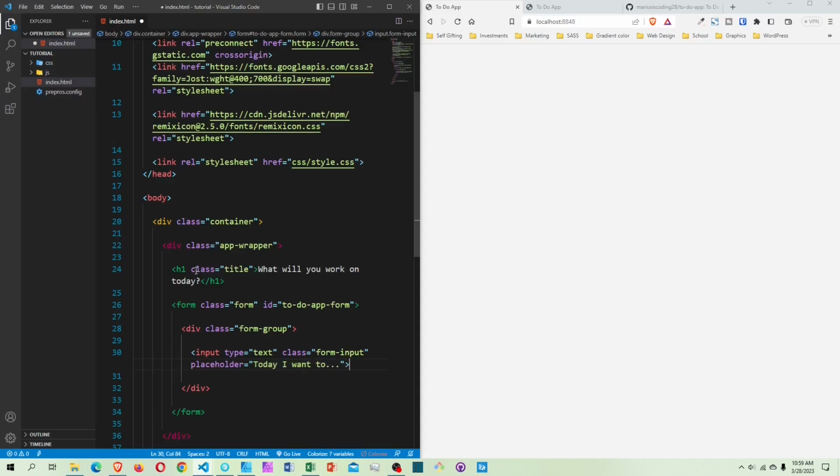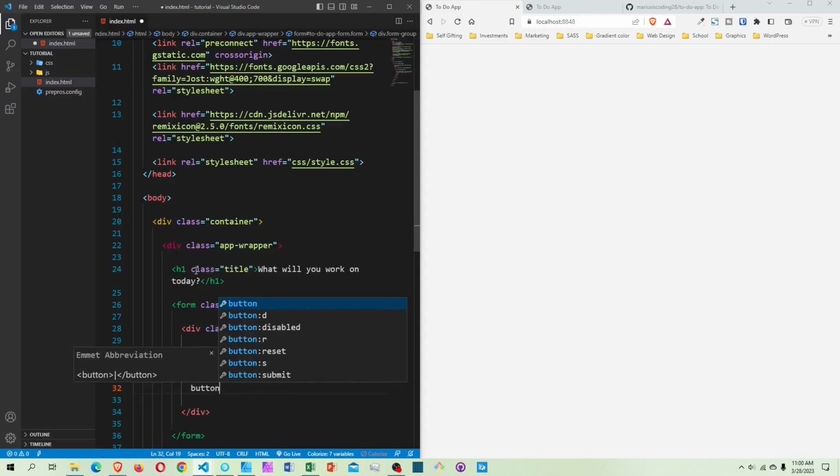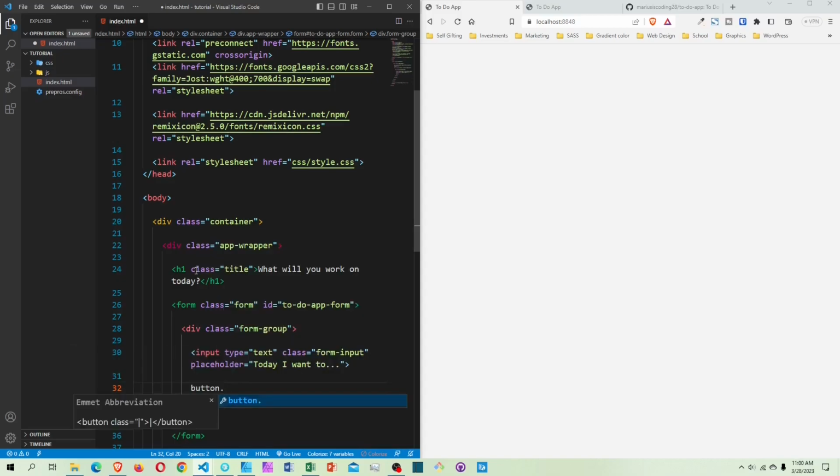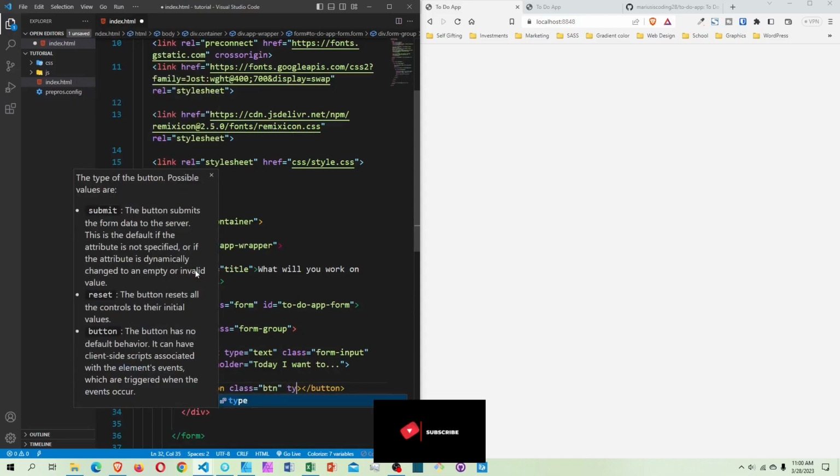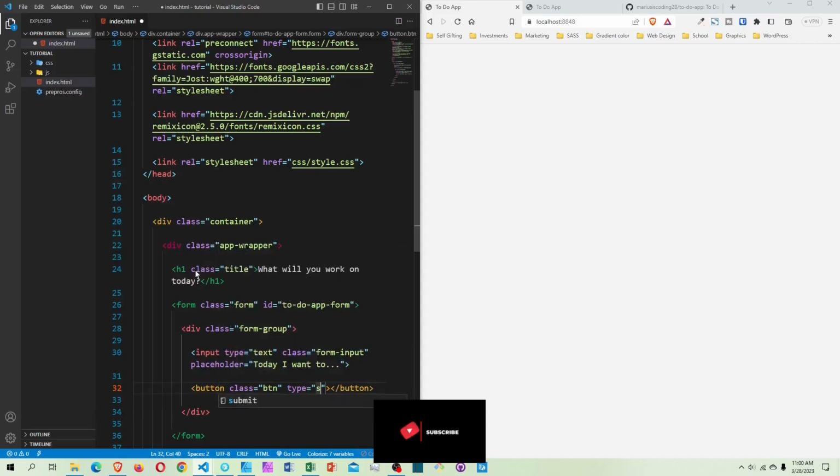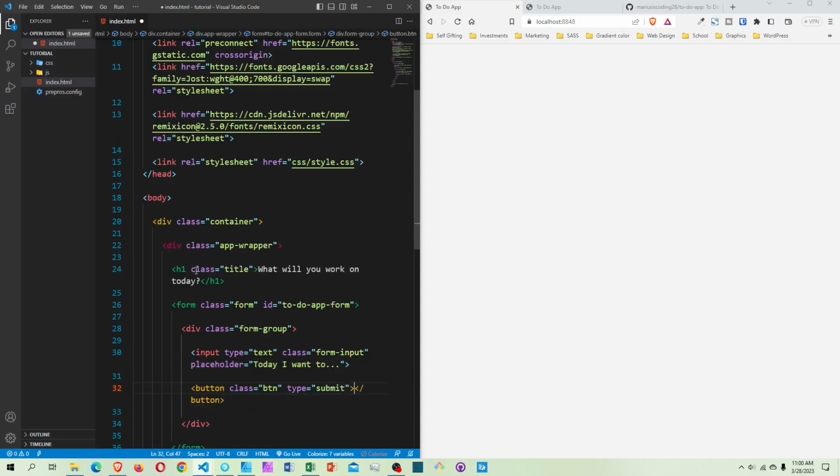Now after my input field, I'm gonna create my submit button. I'm gonna have a class called btn, and the type is gonna be submit. Okay, and for the content, I'm gonna put add, and I use the remix icon, so I add that, and the class will be ri. Like this. I save it. We just get this right here. Okay,